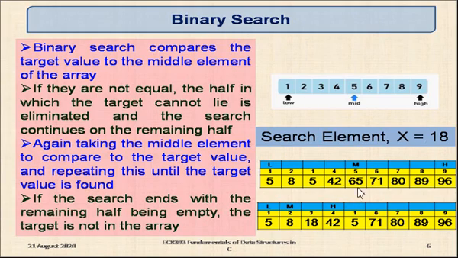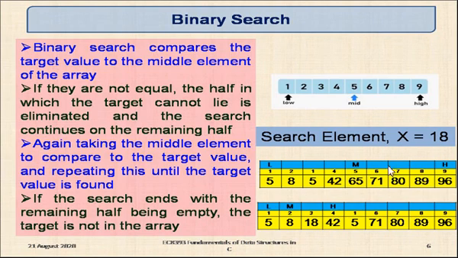So thereafter, what will happen? The pointer H will be adjusted to point to location 4, as you can see here. Now in the second iteration, the effective list is going to be only 4 elements. That is why it is called binary search. Binary means 2, so it is dividing the entire list into 2 parts. If the data is available to the left of the middle value, it will discard the right side of the list, and take the effective list only like this, that is 1 to 4.